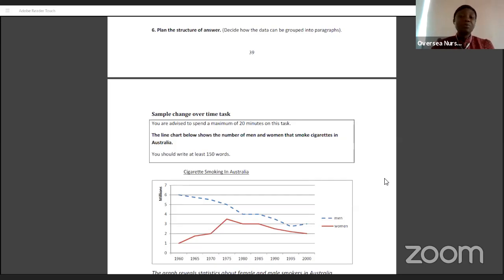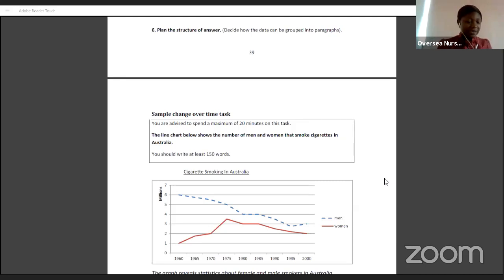Remember, what did we say we would do when we see our question? First of all, we note our keywords. When you note your keywords, you get synonyms for those keywords. And then what do you do with your synonyms? You go ahead and you paraphrase. When you have paraphrased, what do we say? You say your overall statement. So overall is what you can see, from every look of things here, you will find out that,